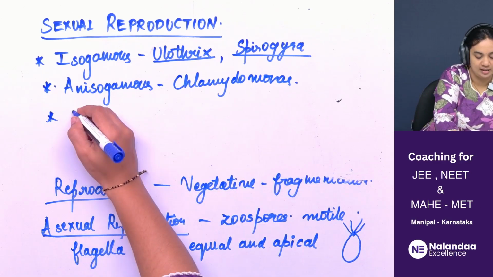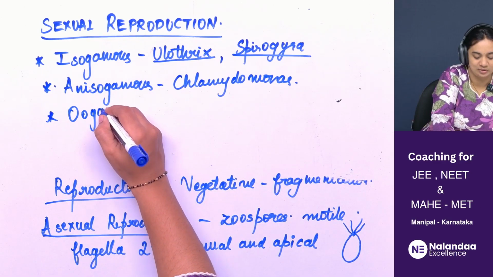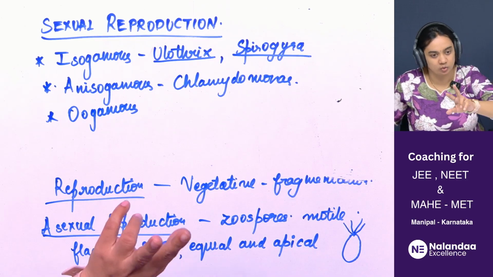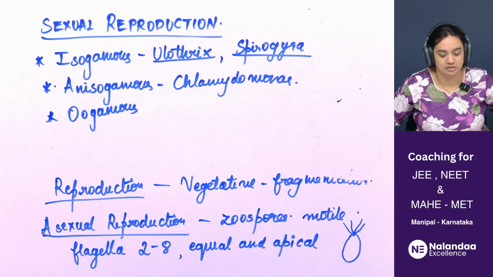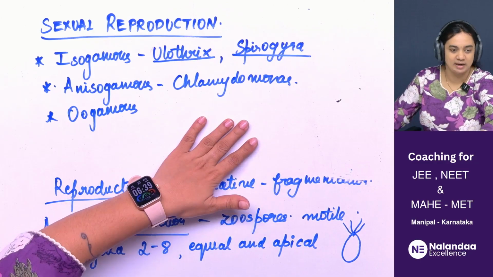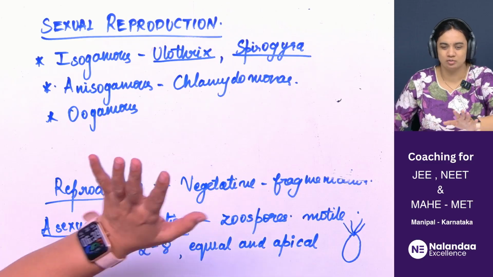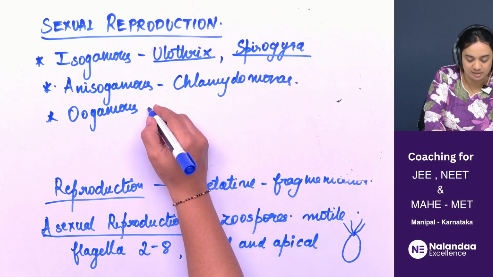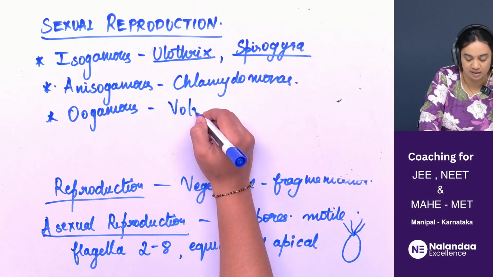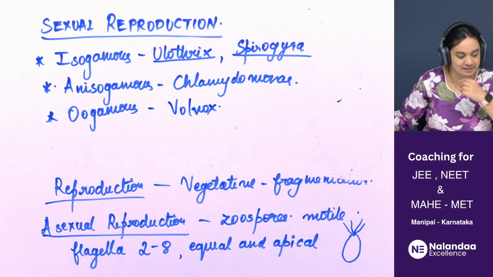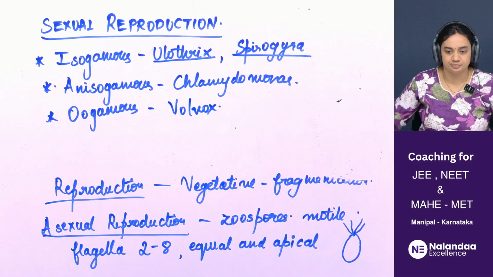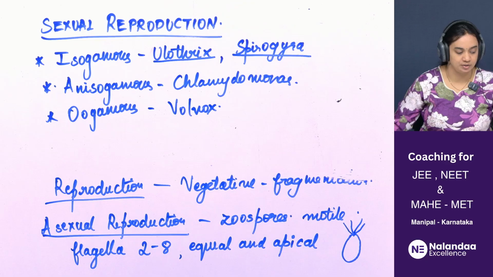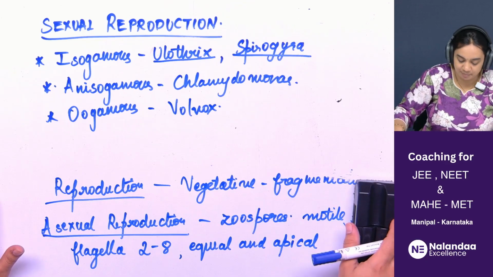And then we can have oogamous. Now, the example for this is not given. We studied isogamous, anisogamous, oogamous examples in general characteristics of algae. Here, examples are not mentioned in your textbook, so just know the examples. Oogamous type of sexual reproduction we see in case of Volvox. This is already seen. Is this clear? So this is about sexual reproduction